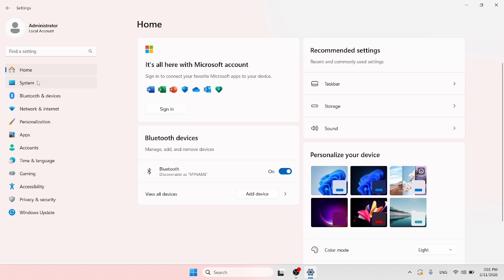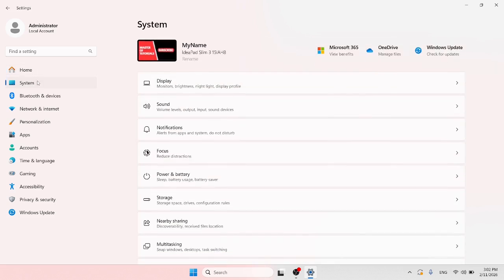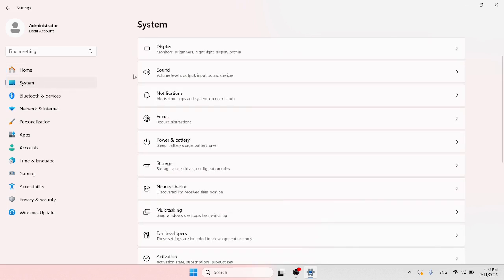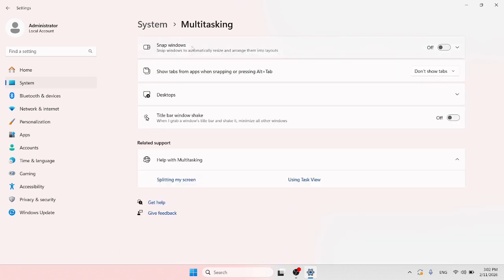opening the System tab on the left panel. Then I need to scroll down and find something like Multitasking, because here you will be able to adjust snap windows, desktops and task switching settings. So I click on this one arrow, and now here I need to enable the Snap windows option, and I need